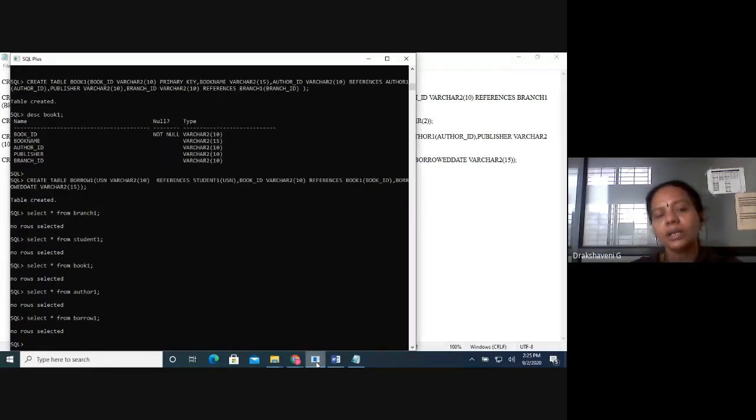So you can see here all these we have just created as tables and there is no data in the tables. Now whatever we have created is called metadata. What is this metadata? It is only the format. There is no data right now, we have only created tables. So this is what is called metadata. Now we start inserting values into these tables.